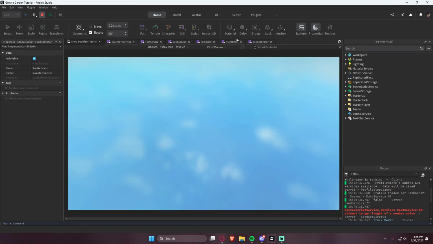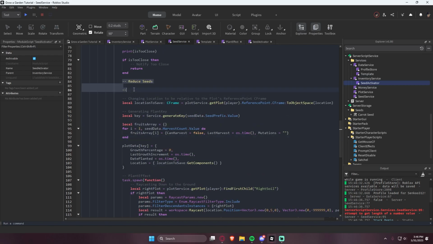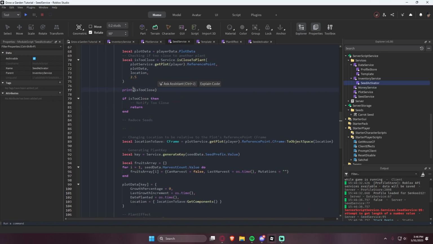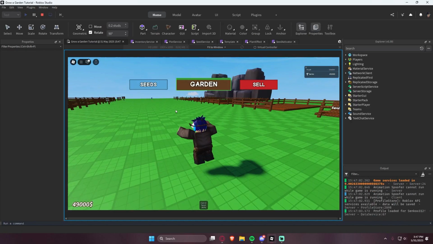So let's see. SeedData, oh, right. So right here, you'll notice that we can't say number because value is already a number. So we're just going to remove this, and that should be good. And once again, you see we haven't added the reduction for seeds yet. So we'll add that momentarily. So now if we play the game,